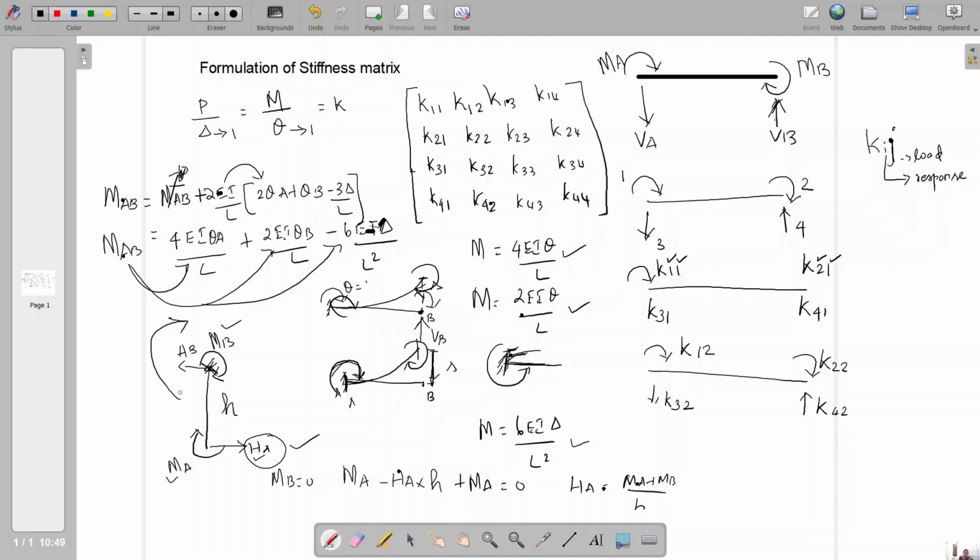Then there is no external load, so HA will be counteracted by HB in the opposite direction. If HA is towards right, HB is towards left. In this case, the direction I am assuming is also correct. MA will give the downward reaction and MB will give the upward reaction at B. Okay, so now you have to remember these three components and let us start